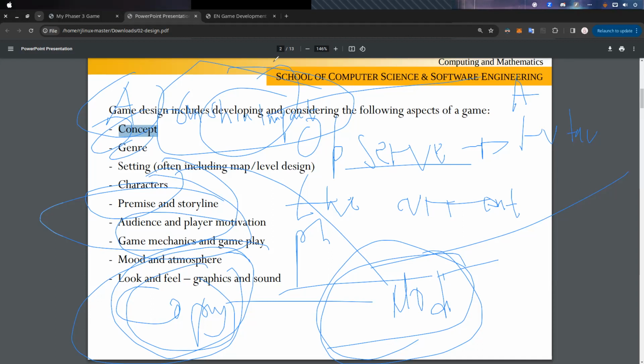Okay, let's go back. We have genres. I think you already understand how to find the idea. If you're confused or stuck about what kind of game you want to create, just observe existing games and then you can copy or modify.